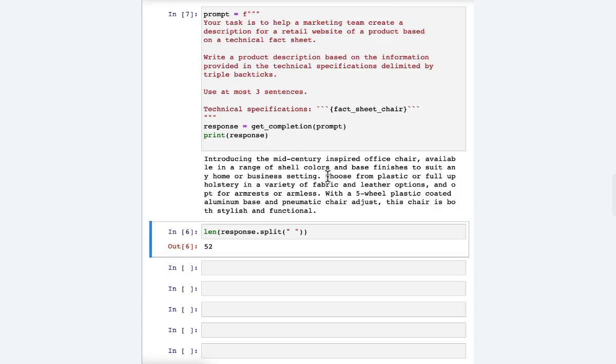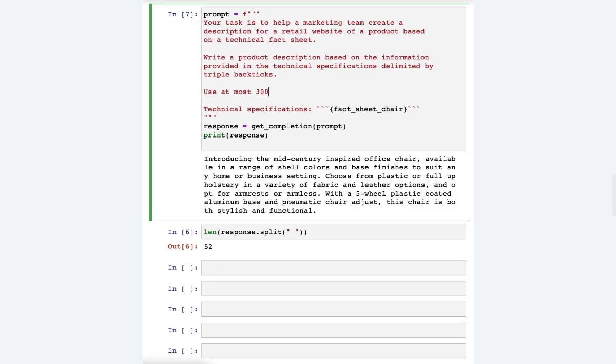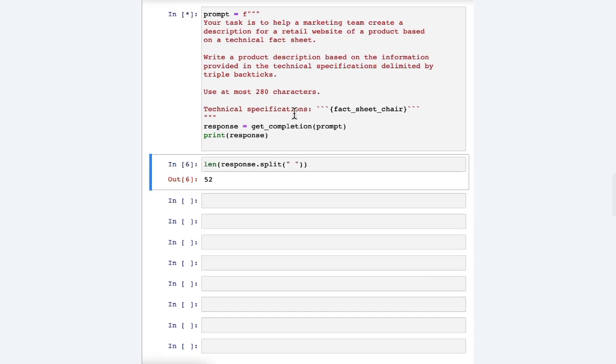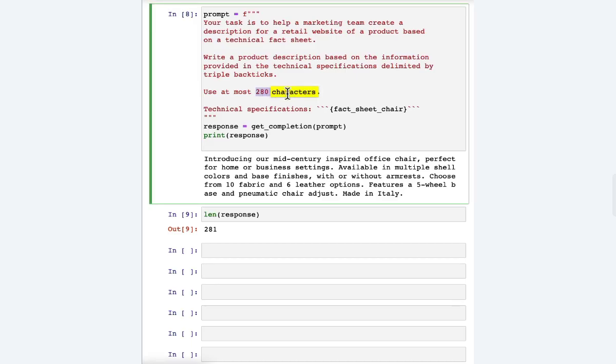So this is 1, 2, 3. I count 3 sentences. Looks like I did a pretty good job. And then I've also seen people sometimes do things like, I don't know, use at most 280 characters. Large language models, because of the way they interpret text, using something called a tokenizer, which I won't talk about, tend to be so-so at counting characters, but let's see, 281 characters. It's actually surprisingly close. Usually a large language model doesn't get it quite this close, but these are different ways you can play with to try to control the length of the output that you get.